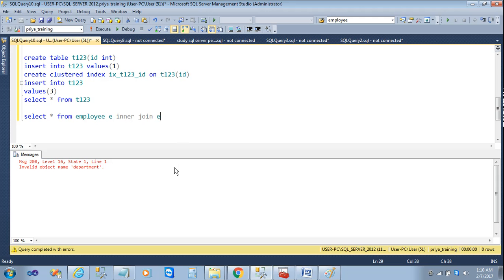EMP info, okay, no issue. We have another table, EMP info, which will work as our next table of the join. I will put alias name as E2 and I will give the ON condition as e1 dot eid